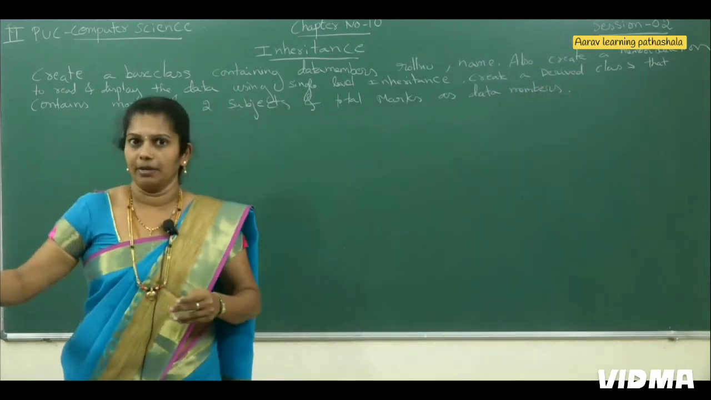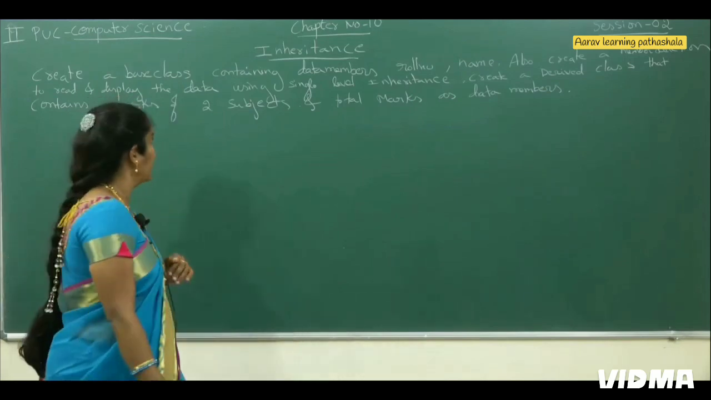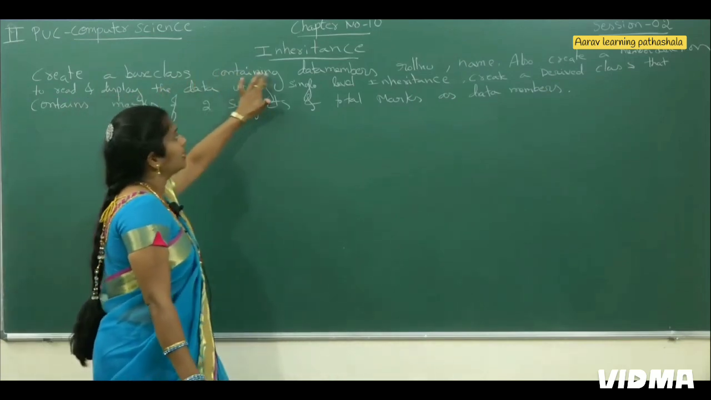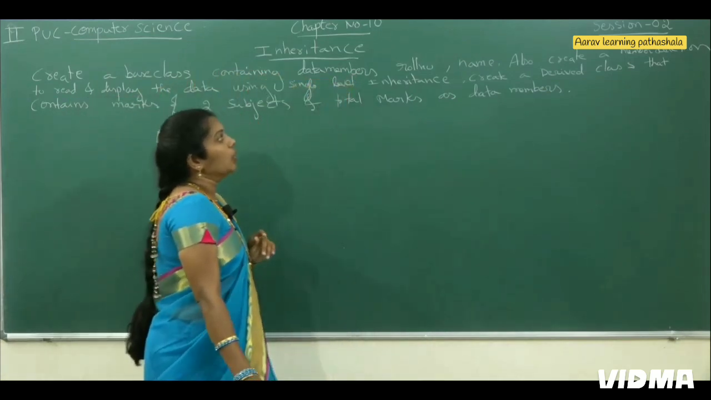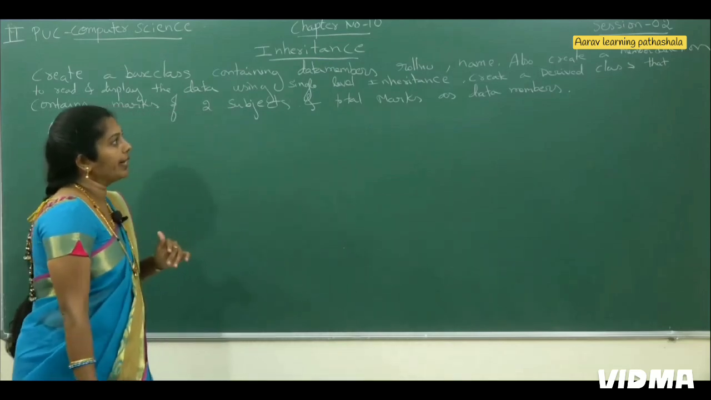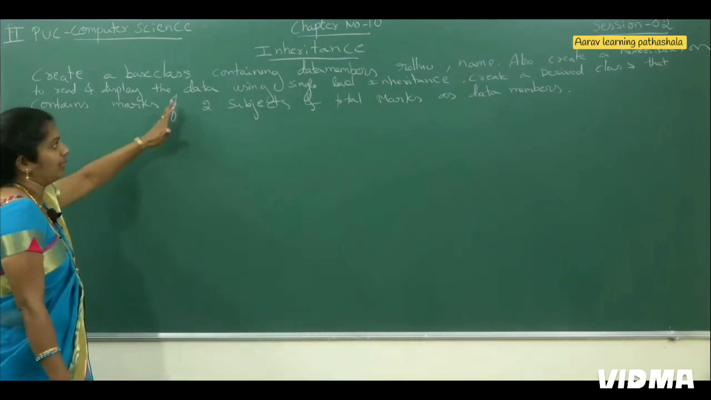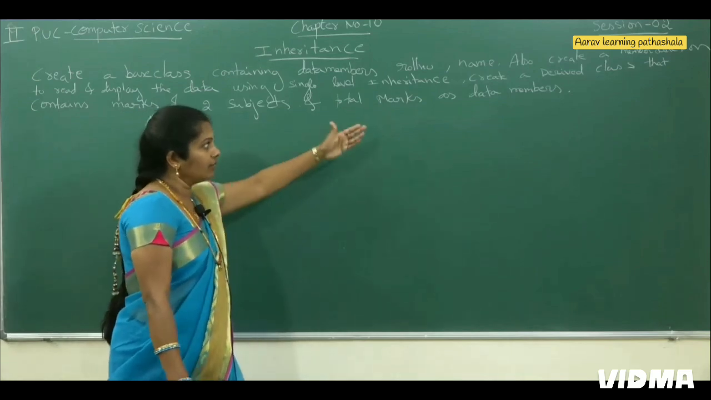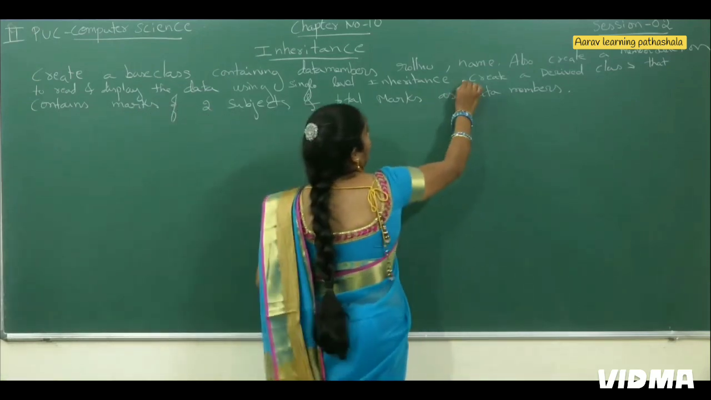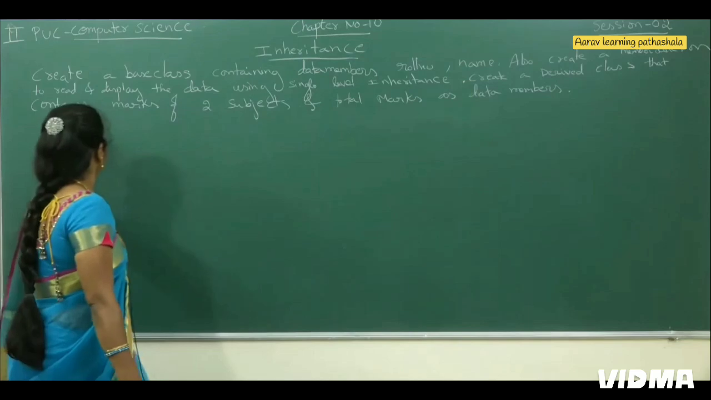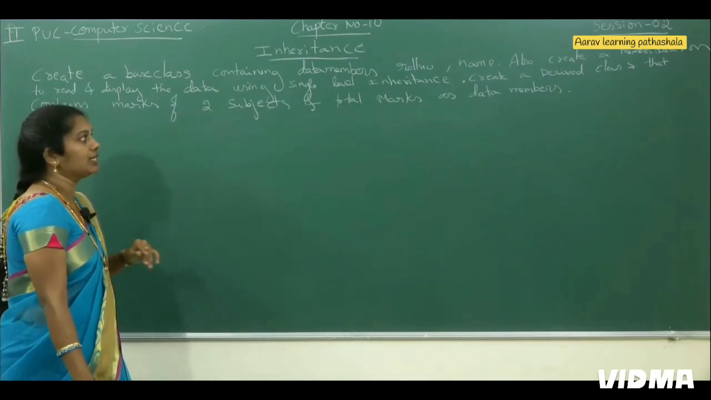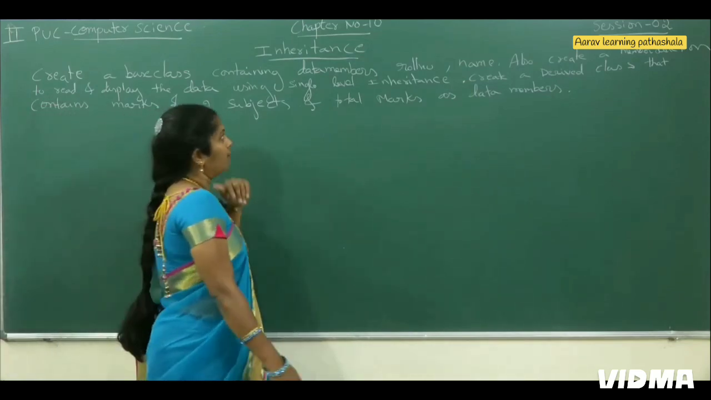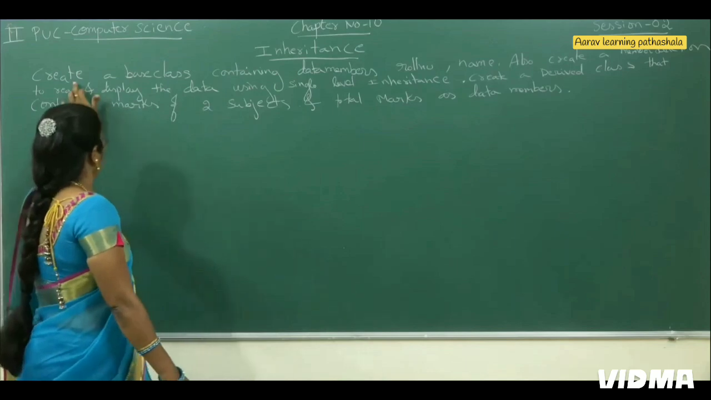Consider this is the program, this is your lab program, 11th program. Here create a base class containing the data members, roll number and name. Also create a member function to read and display the data using the concept of single level inheritance. Then with that you have to create a derived class that contains the marks of two subjects and you have to find the total. From this what exactly do I come to know? You have to create one